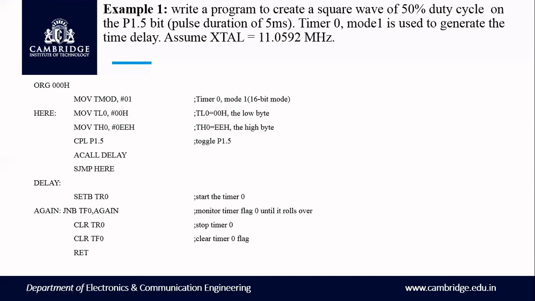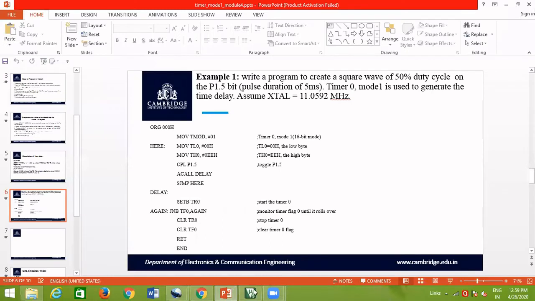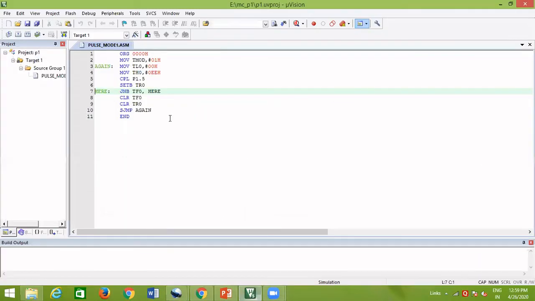So let us see the generation of the square wave using this program. I will explain it in the Keil software under MicroVision. I have written the code already here, instead of wasting time creating the project and all. So directly I have written this code without a subroutine. In the previous one, whatever I explained, we used a delay program. Here you can understand it with the 7 steps we learned.